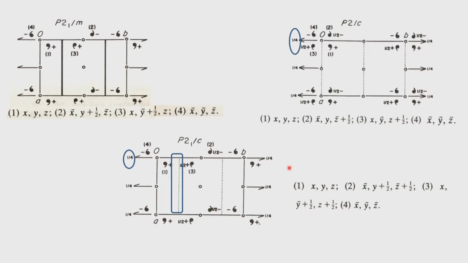Anything further about P21 upon C we will see in a few minutes. What we will notice here in this case of P21 upon C is that if you have an object which is located at this particular point, you have the unit cell that is available to that particular object. Let us say it is a molecule. Now you see that there is a half translation to generate point 3, and there is also a half translation to generate this point, because you are adding 1/4 along the direction perpendicular to this, and therefore the molecules are, as I mentioned, well spread out inside this unit cell.